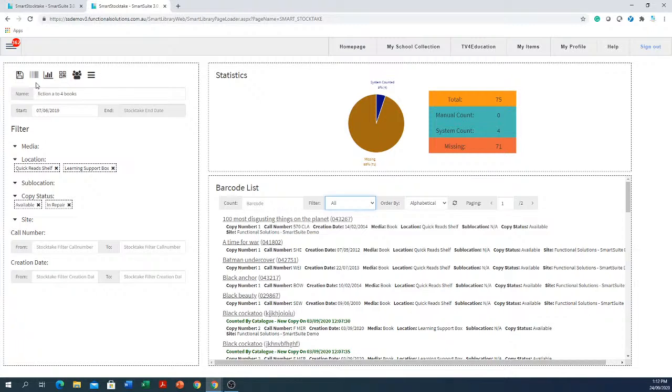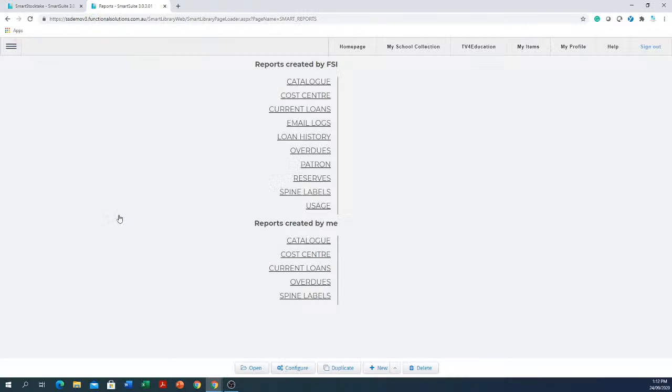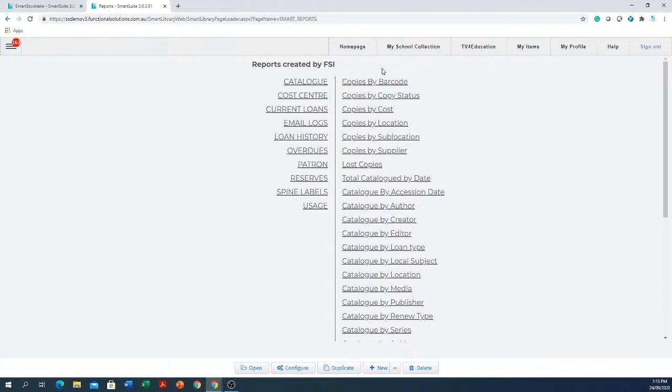Okay, so before we do the Stocktake report, let me just show you the catalog reports. So if I go in here and I went into reports and reports, okay, and I went to catalog, I can do a report on catalog by location, by sublocation, by call number, and I can change anything. So if you haven't seen our reports module in our YouTube live Stocktake, have a look at that. That will enable you to do a report on any criteria of your entire database,